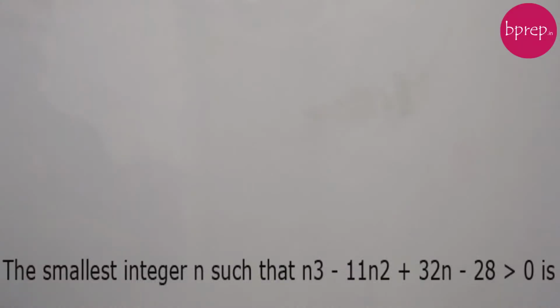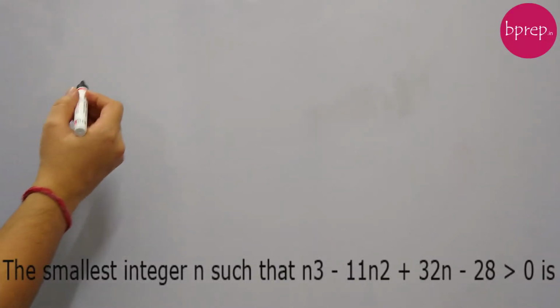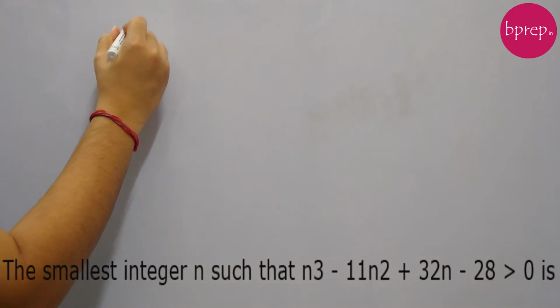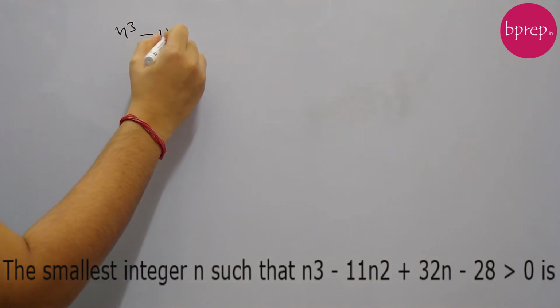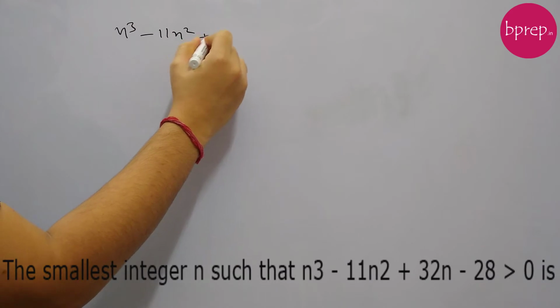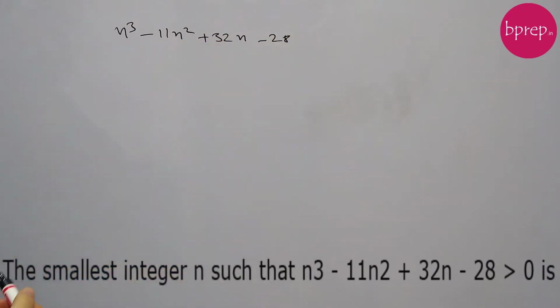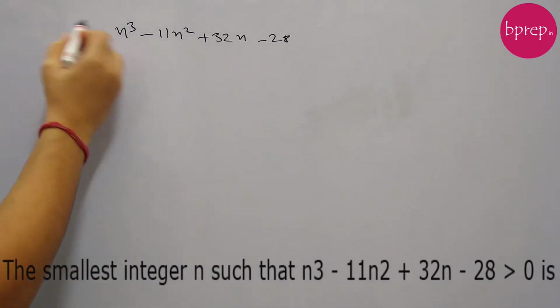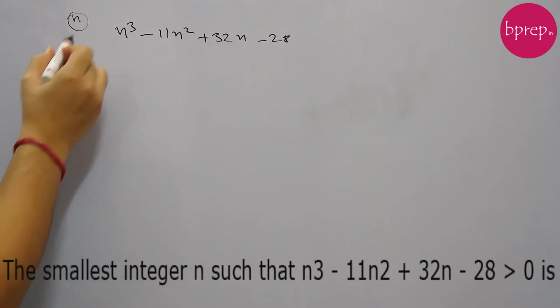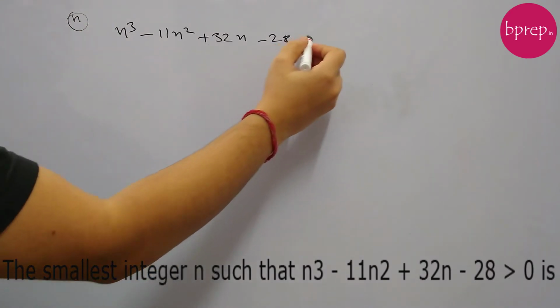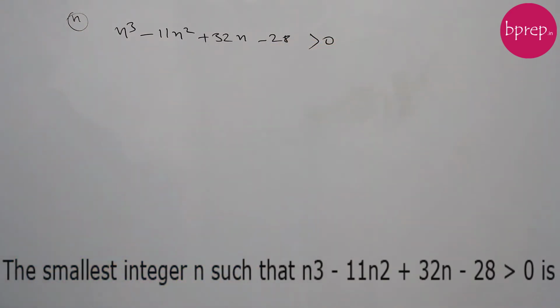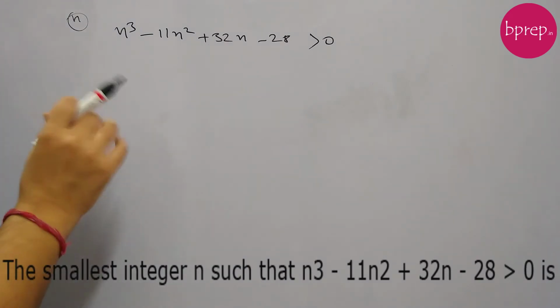Let's start. We have one expression here, n cube minus 11n square plus 32n minus 28. We need to find the smallest integral value of n such that this is greater than 0. See, first thing is